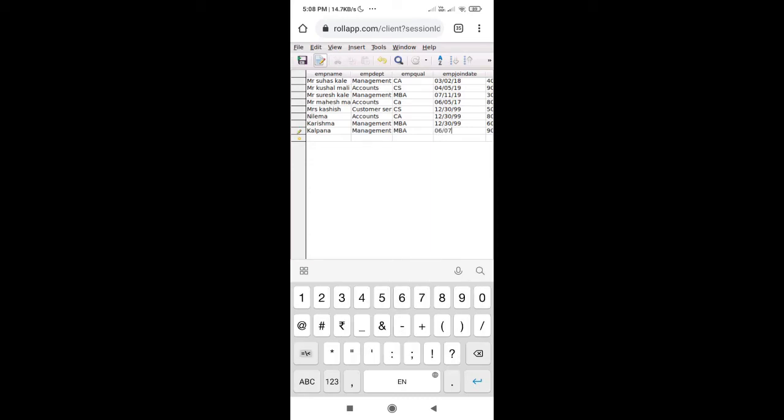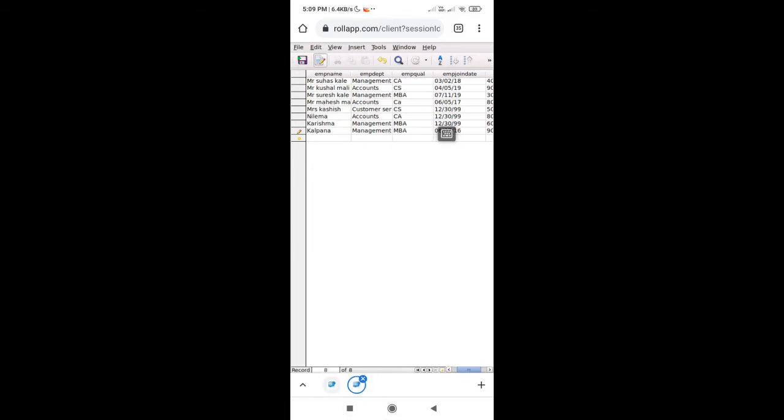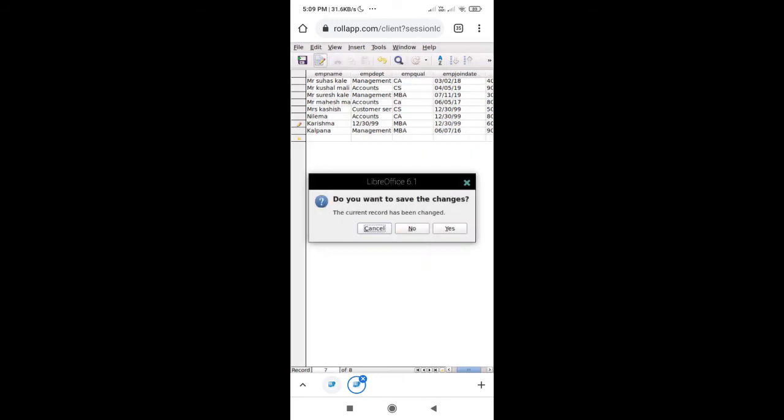Now I've finished writing all the dates. After this, just click on the save button, and after saving the table, just click on the window and say close window and say yes to save the changes.